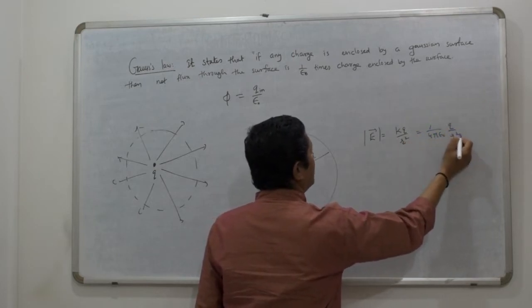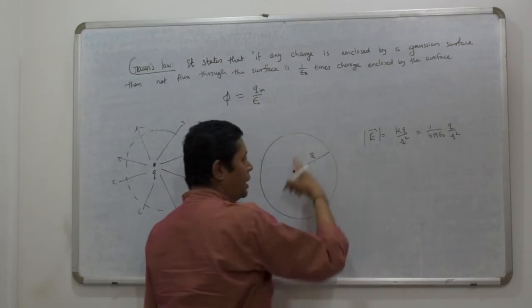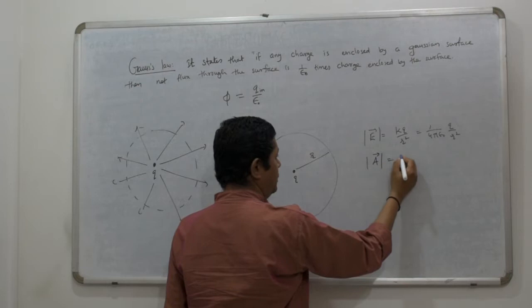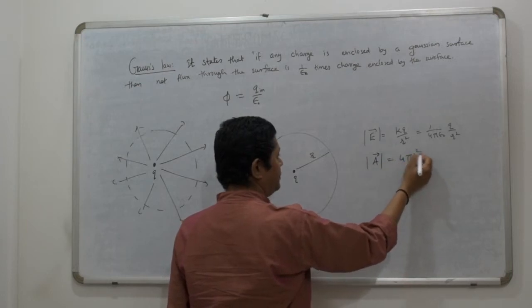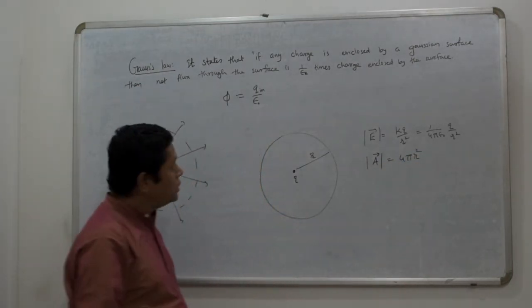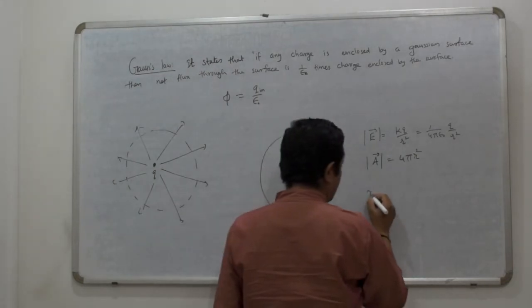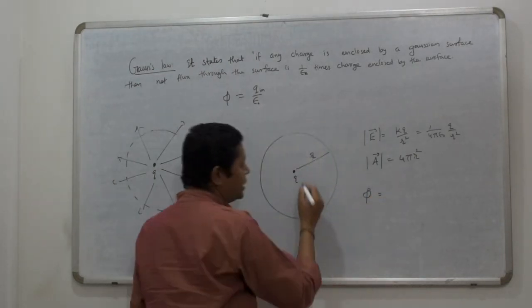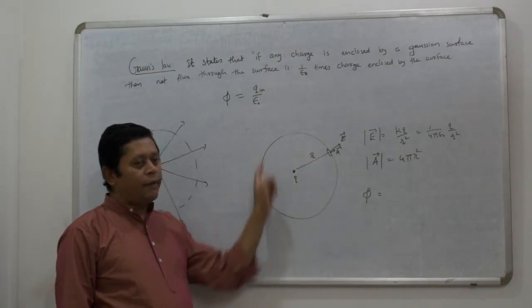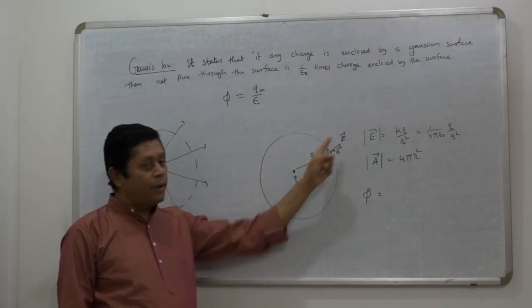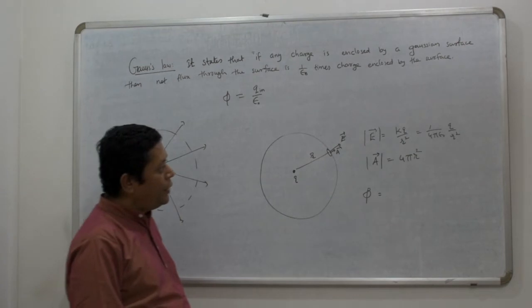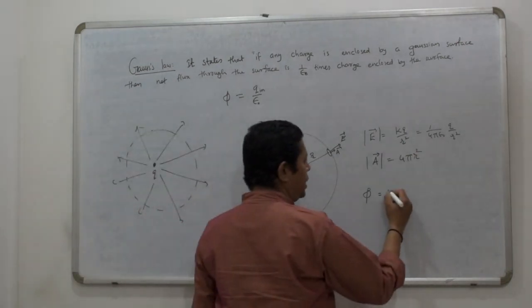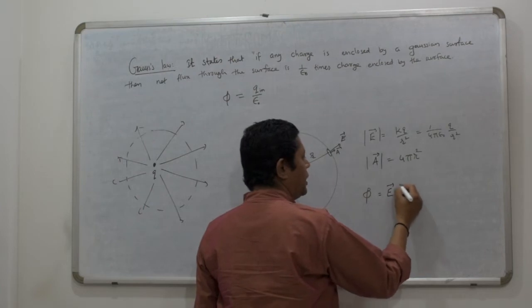For this Gaussian surface, the area of the Gaussian surface is 4 pi r square. If you find the flux, flux phi is E dot A. Now here, due to this charge, the area vector is outward and the electric field is also outward. So the angle between E and A is 0 degrees, and that's why flux is E dot A,